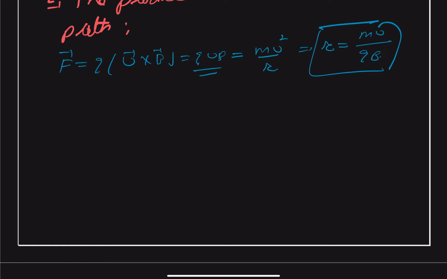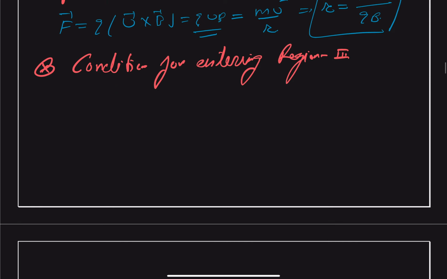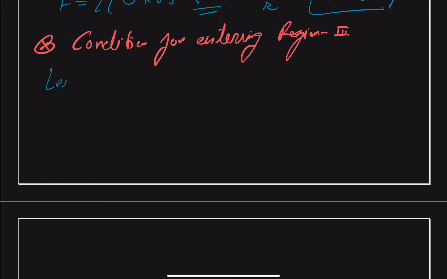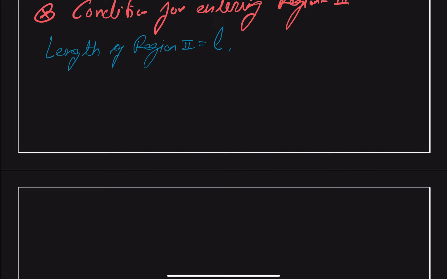Indirectly, we are going to find the condition for entering region 3 by comparing r and L. So, the condition for entering region 3: we are given that the length of region 2 is L. Therefore, for the particle to cross into region 3,